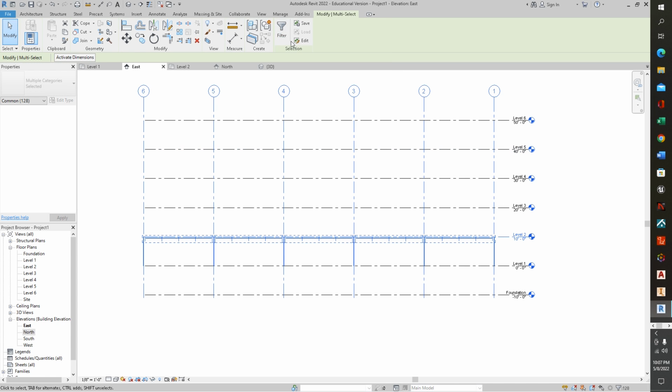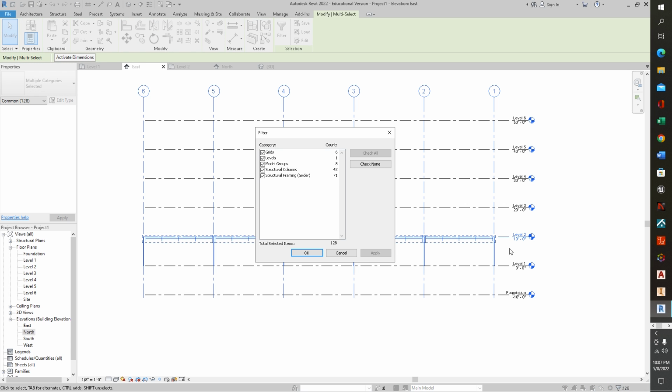We can use that one at the top, or at the very bottom right corner we have the same symbol as a filter. We could press on that and select out what we don't want to copy up into the other levels. We don't want the grids, we don't want levels. We would like to have the model groups, structural columns, and structural framing, so we'll keep those in there,